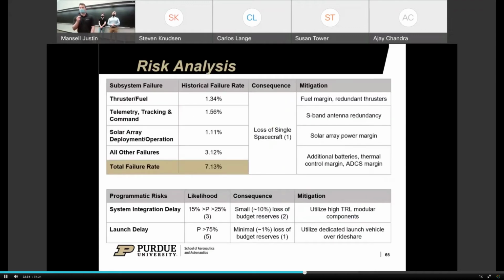Looking at our risk analysis, we found from SMAT a study of 1,600 satellites launched between 1990 and 2008 and found that across 3 years of their launch date, 7% of them failed. And this historical failure rate is broken down by the subsystems seen on the top plot, where thruster and fuel, TT&C, and solar array deployment and operation were the 3 leading causes of failures, and all other failures were about 3%. The consequence, obviously, was the loss of spacecraft in these cases,